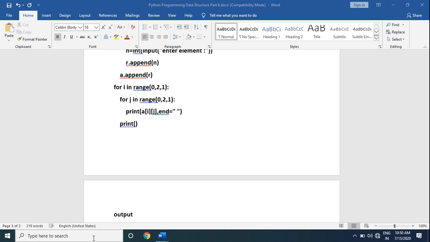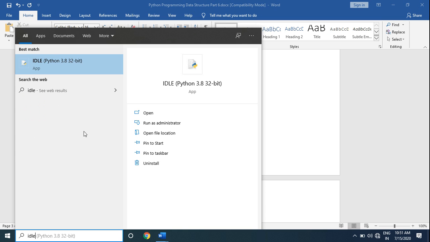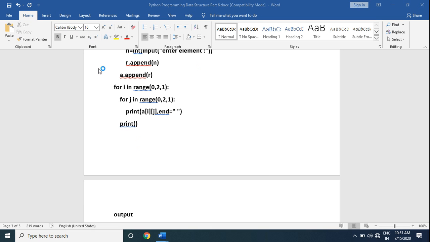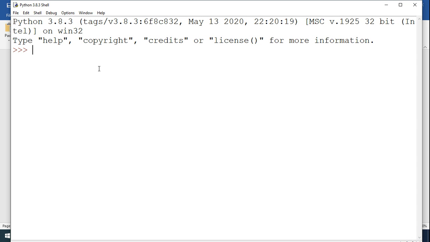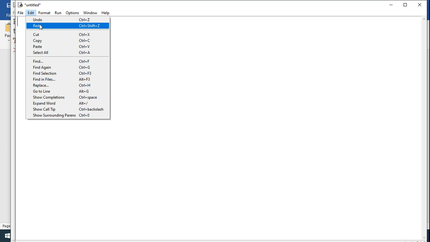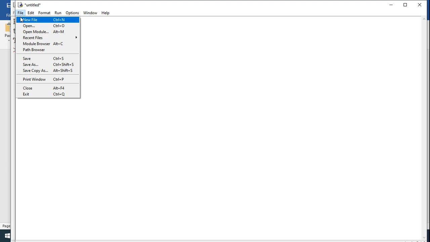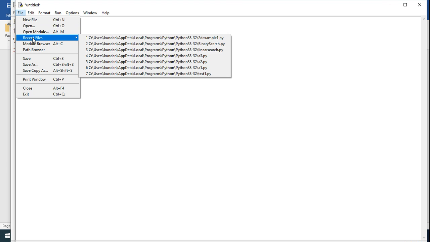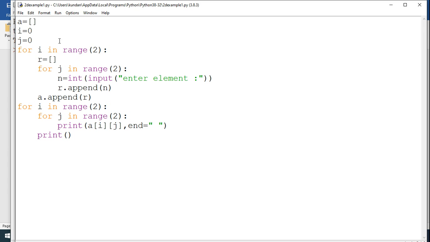Let's run the example in Python. This is our example. We run this example first, then we will understand it.